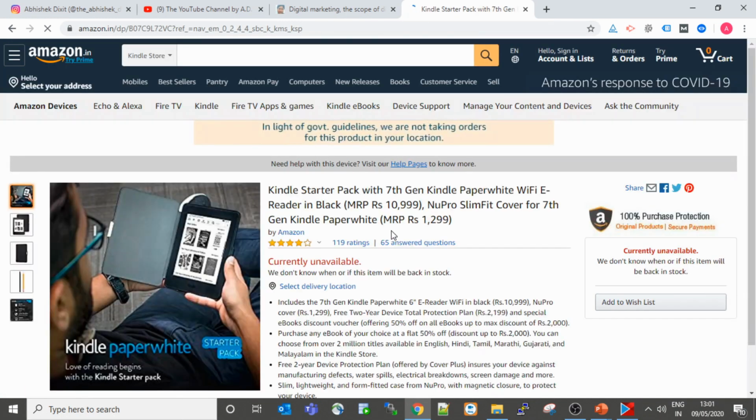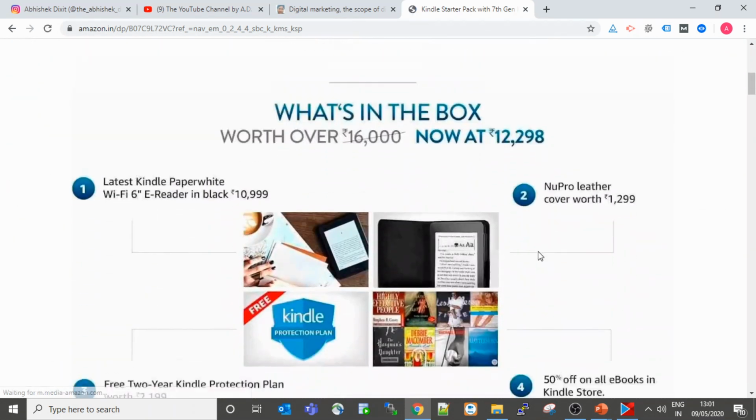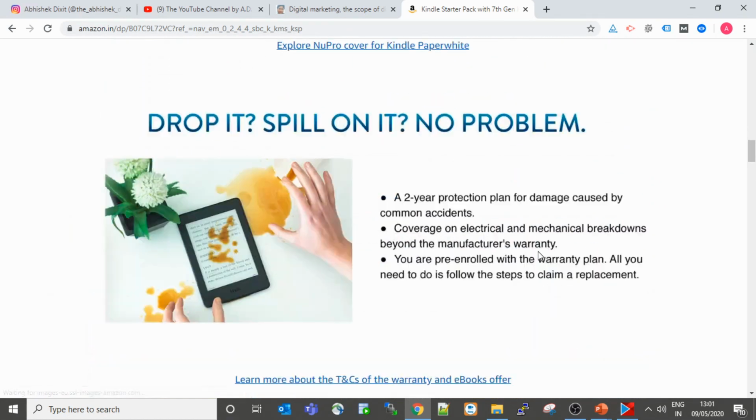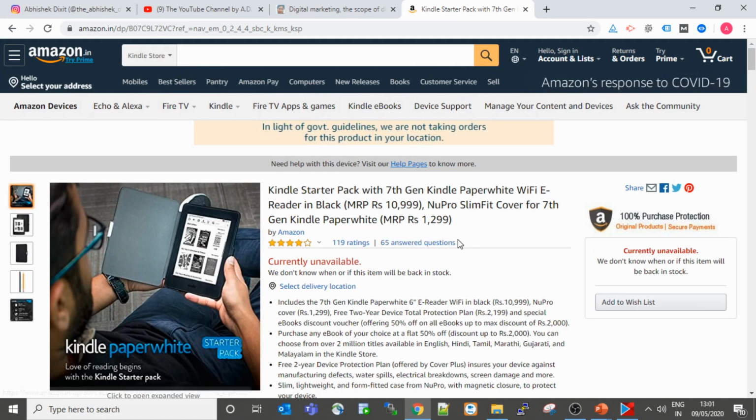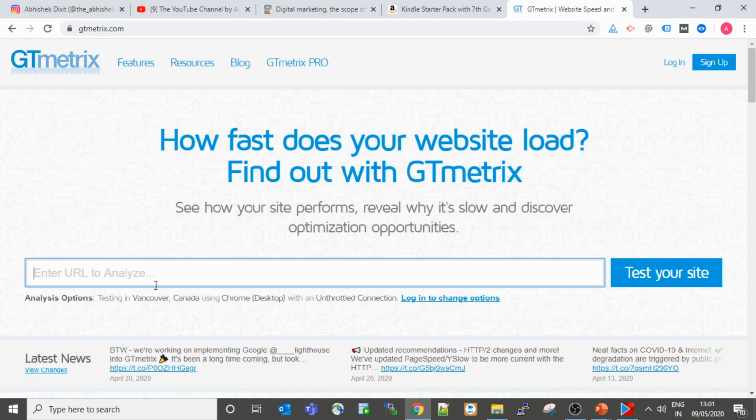Okay, and see how fast it is loading. All right, you can see within 2 or 3 seconds you will be able to see the pages. Okay, this is how you have to optimize. This completely depends on the request to the server, and how you are optimizing your page and the multimedia available in your page. So this all depends on you, how you are going to suggest where to work and how to work. And if you want to know, you can just go to one website, gtmetrix.com, and